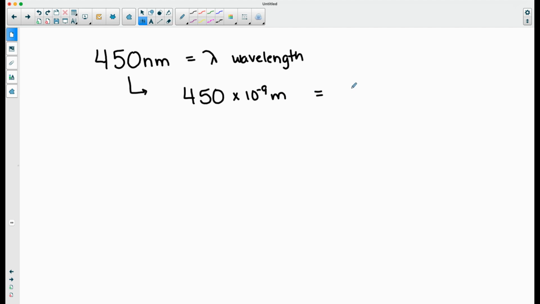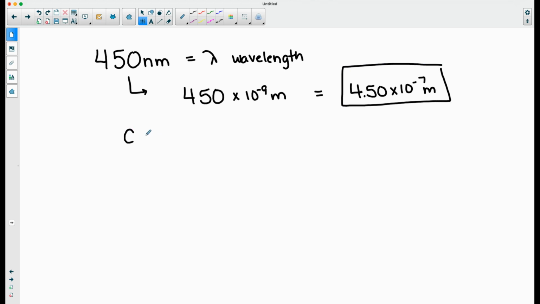And when I put this into proper scientific notation, I get 4.5 times 10 to the minus 7 meters. I'm going to plug that in to the formula that has wavelength in it. Remember that lambda